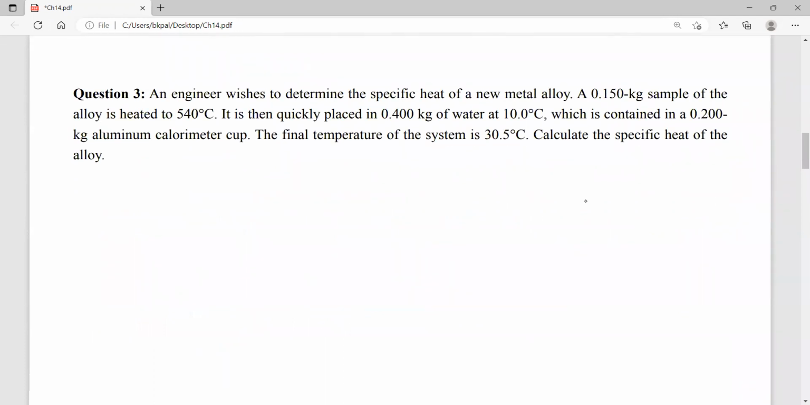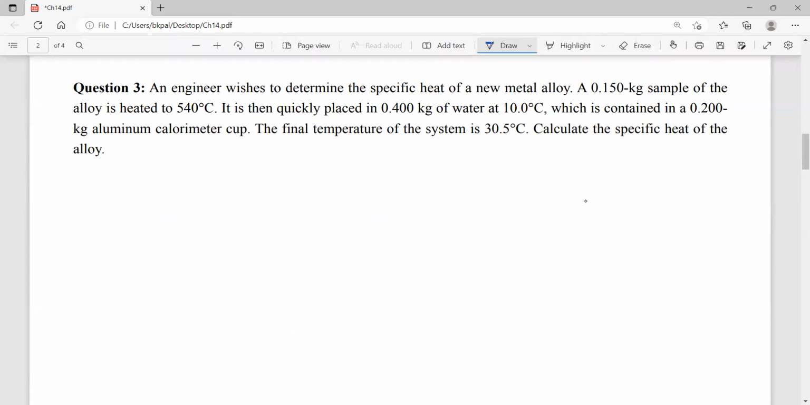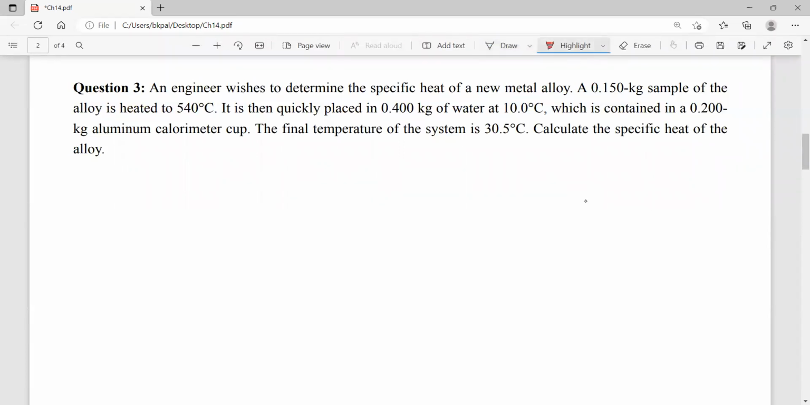All right. The next one. So here, an engineer wishes to determine the specific heat. So here we basically use the calorimetry. So you want to know what is the specific heat of a sample. So that we have to calculate, and what we are given,